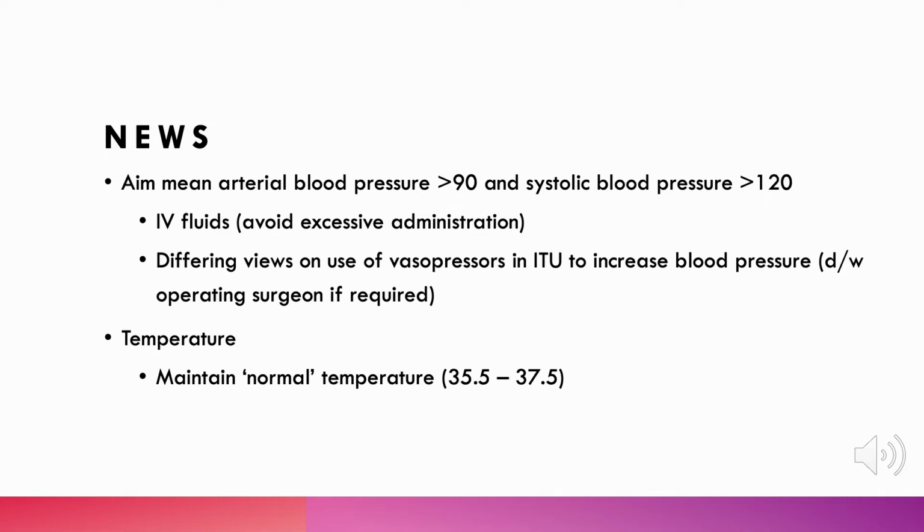All right, and then as well as obviously maintaining a nice heart rate and oxygen sats by giving oxygen if required, you need to check the temperature and maintain a normal temperature. All right, so that's like 35.5 to 37.5, ideally 36 to 37.5. Okay,